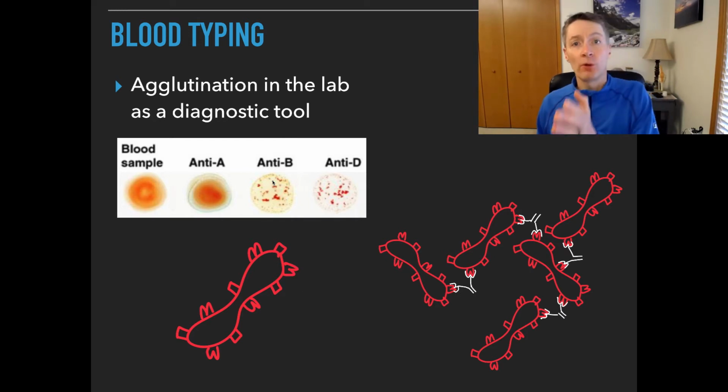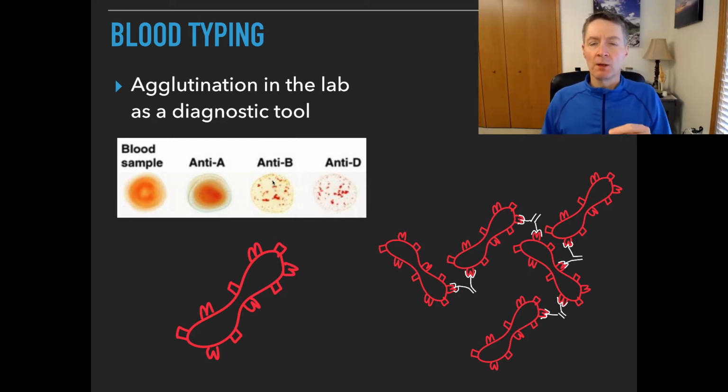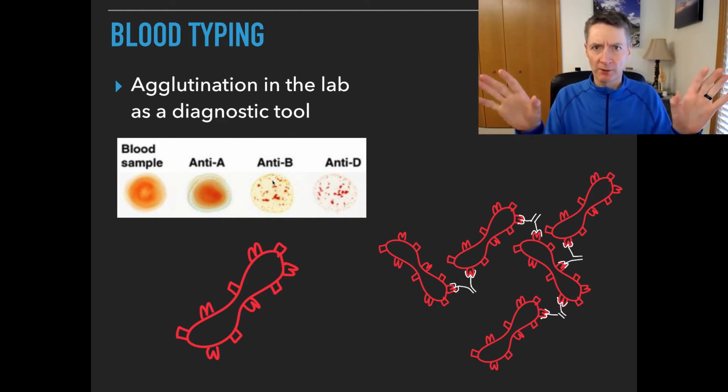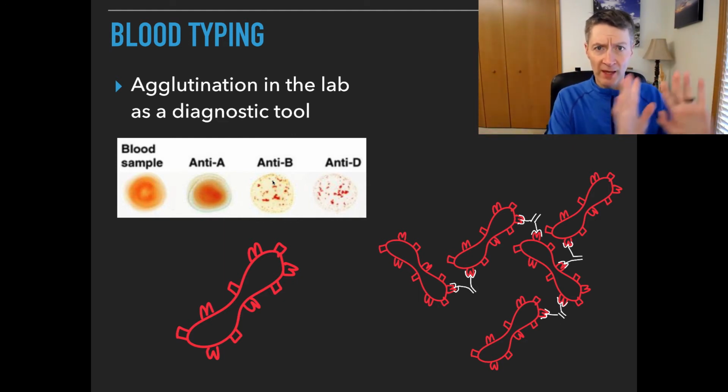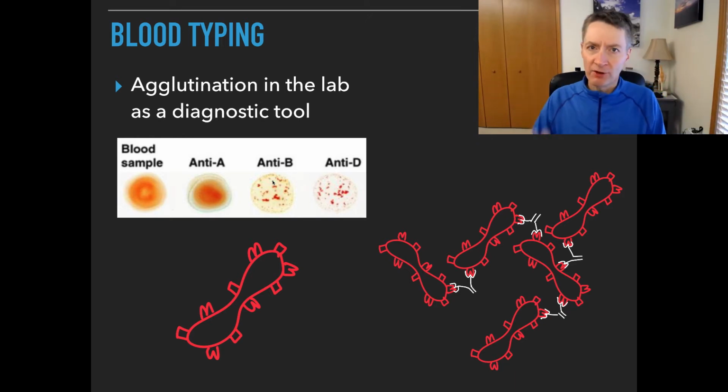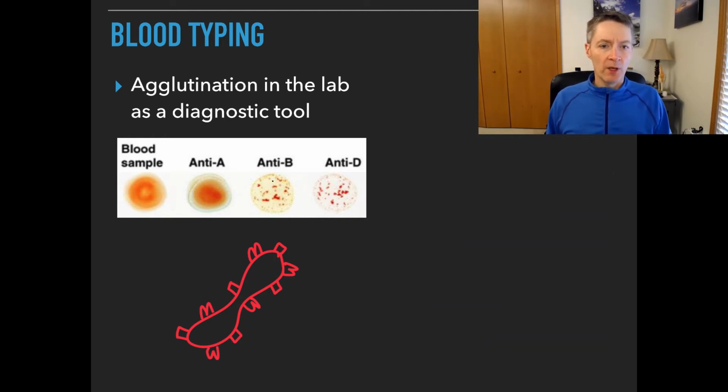Then we have to do one more antigen. Remember, the O gene doesn't give you anything, right? So you can't look for an O. There is no O protein, right? So we're done with the ABO system. We have to turn our attention to the RH factor, which is this D antigen. Okay, so next one, we're going to look for this